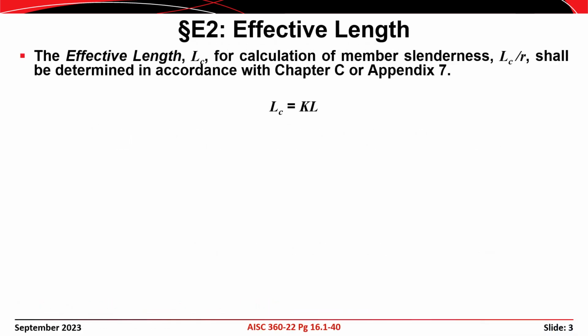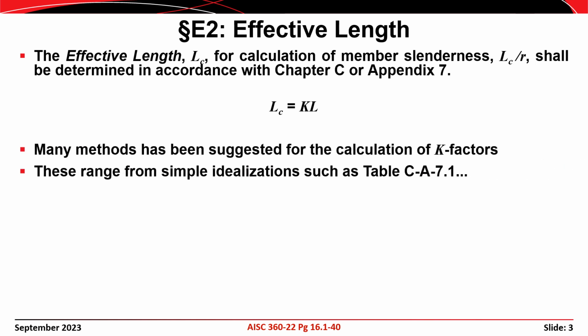Up to this point in our discussion of columns, we have taken the effective length, KL, as a given quantity. Typically, the length L is actually a given quantity that can be determined based on the structural layout that's being considered. However, the effective length factor, K, requires more discussion. Section 2 of AISC Chapter E says that the effective length, KL, shall be determined in accordance with Chapter C or Appendix 7. With this statement, AISC by reference provides several different methods for determining the effective length of a column,